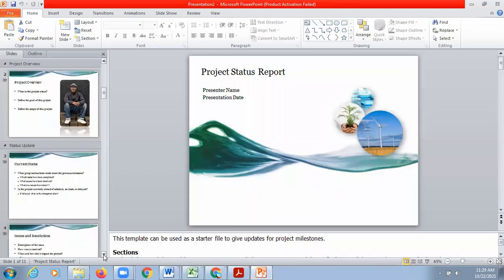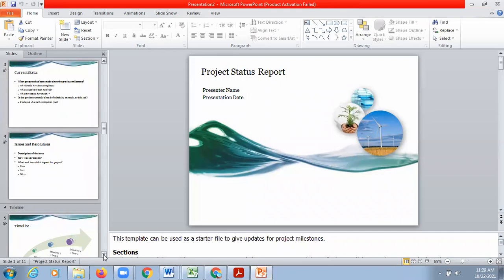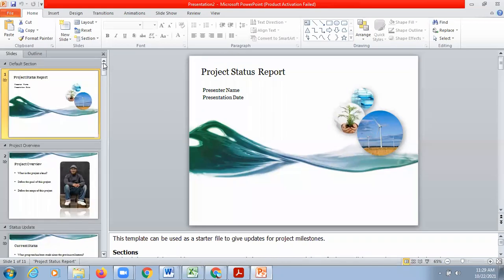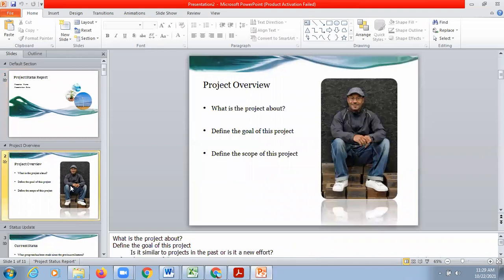Automatically, template means something which you already have. You just edit the content and your project is ready. आपको कुछ नहीं करना. You don't have to do any designing. You don't have to add anything. Everything is already added. Here you will write the name of your project, who is presenting, and on which date you are presenting. Science pictures are already inserted. You can change these pictures also, if you want to change them.